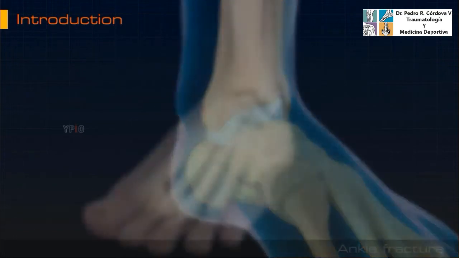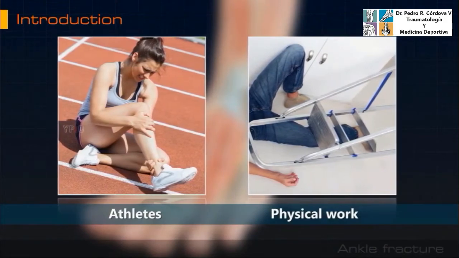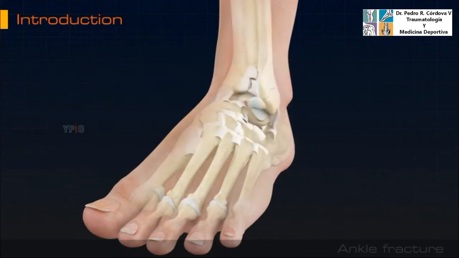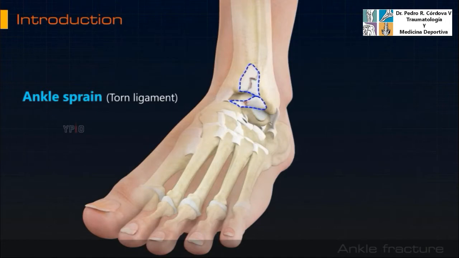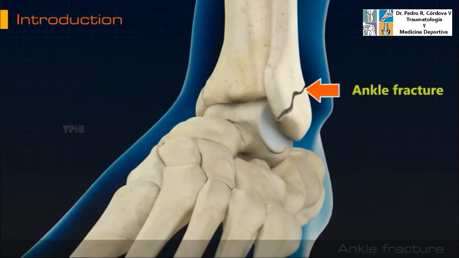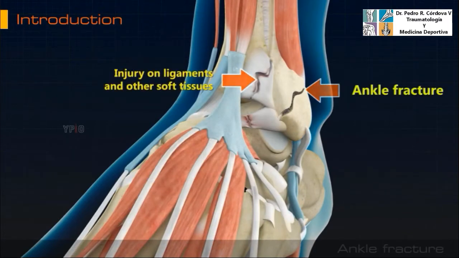movement. Ankle injuries are very common in athletes and in people performing physical work, often resulting in severe pain and impaired mobility. Pain after ankle injuries can either be from a torn ligament and is called ankle sprain, or from a broken bone, which is called ankle fracture. Ankle fracture is a painful condition where there is a break in one or more bones forming the ankle joint. The ankle joint is stabilized by different ligaments and other soft tissues, which may also be injured during an ankle